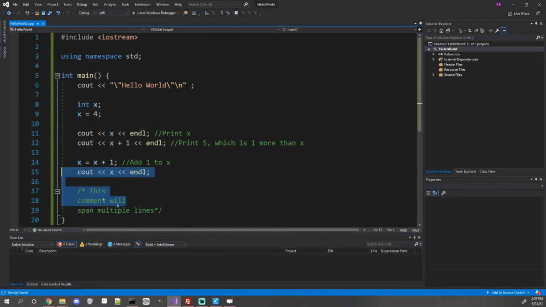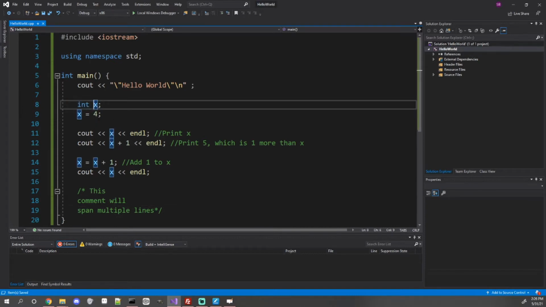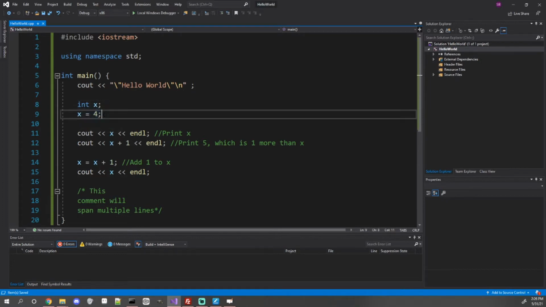Anyways, that would be what comments are, and what they do. Let's go a little bit more into variables and the other data types we have here. So I've set a variable x equal to 4 up here at the top, and I have declared it as